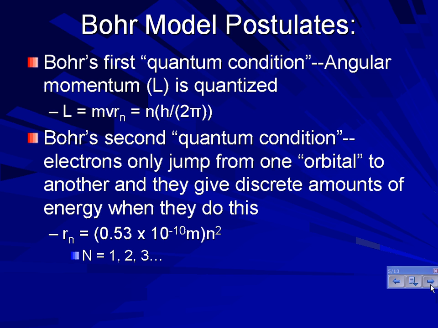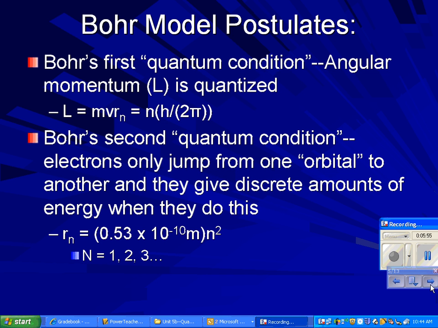Now, some of the things Bohr came up with, he did very simply. He thought that if the electrons are moving in little circular orbitals, they're going to have centripetal force. And the centripetal force is going to be exerted by the electromagnetic attraction between the proton and the electron, right? So he could set that equal to kQQ over r squared. This is how he actually started his thought process and worked through these equations, okay? And